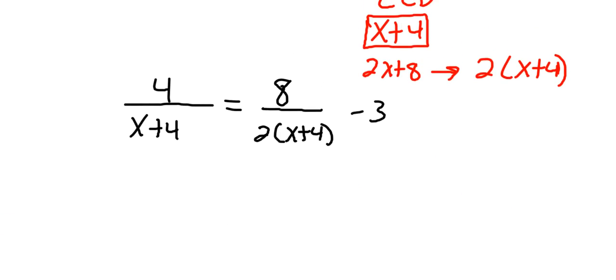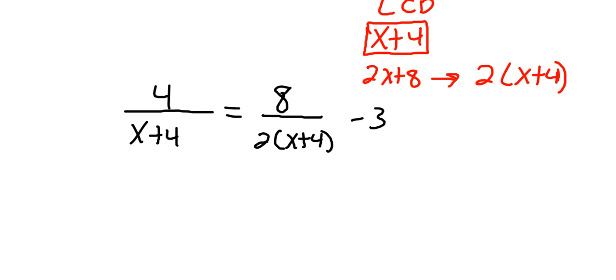Okay, and you have two options. You can either go ahead and multiply everything by 2 times x minus 4 and solve that like a normal problem. Or, you've got 8 over 2 for this one, correct? So let's take this 8 and this 2, divide them both by 2, and that's 1 and 4. So really, this is 4 over x plus 4